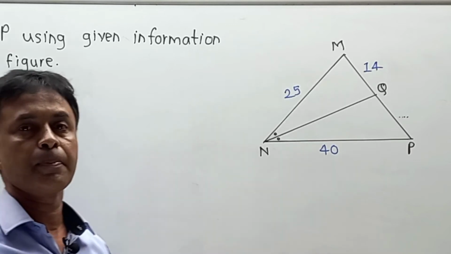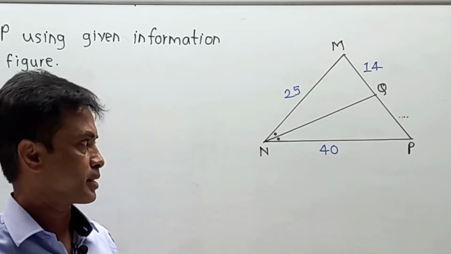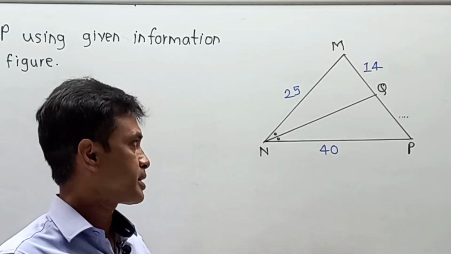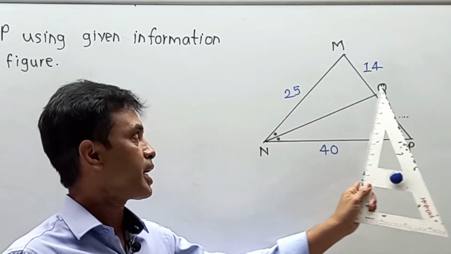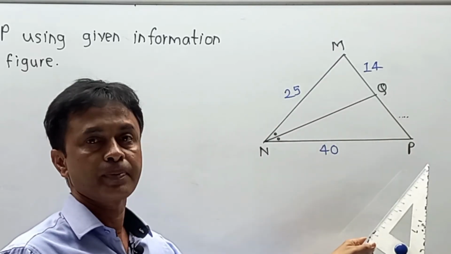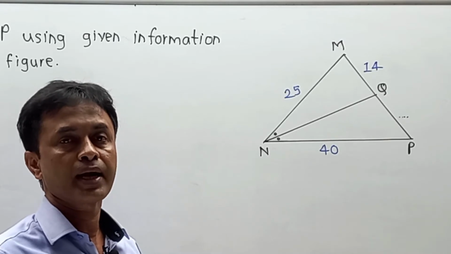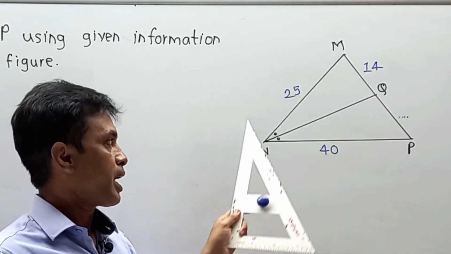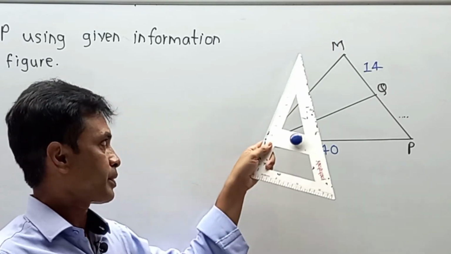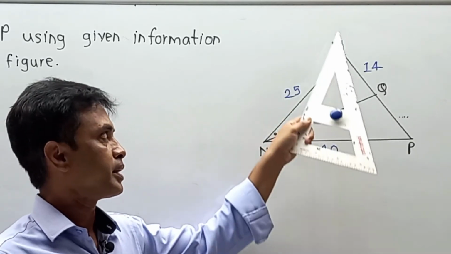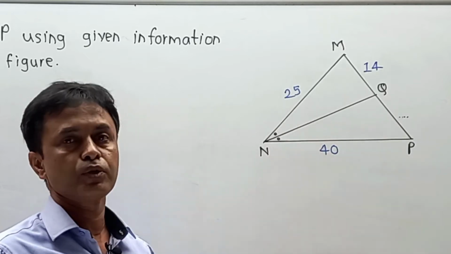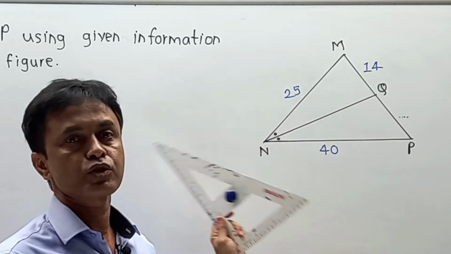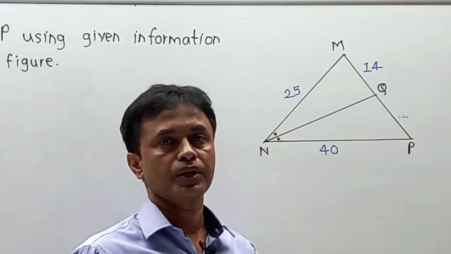So we start in terms of the property of angle bisector. Now what exactly is meant by angle bisector? If NQ is an angle bisector of angle MNP, then by the angle bisector property, we can say that MN upon NP is equal to MQ upon QP, and in this way we can solve for the unknown value of QP over here.